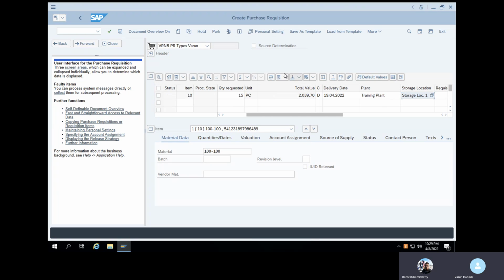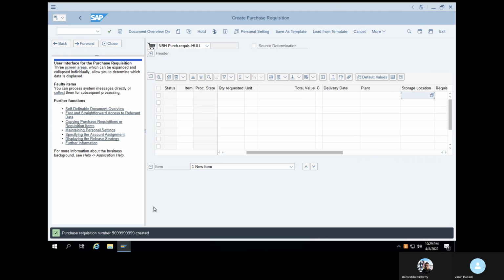So now try to check it and see what number range is coming. It should come as 33 something, no? Try to save it now. But it is coming... we did not assign. You defined that number, but we did not assign it. Okay. Now go to SPRO. This is an experiment. Like that, you have to make some mistakes, and you will see what mistake we made.